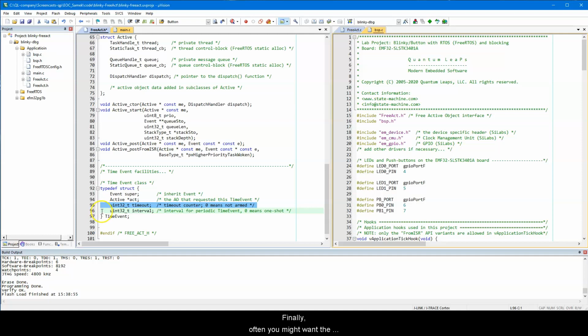ticking. Finally, often you might want the time event to be delivered periodically. This can be quite easily achieved by adding the interval member. This interval would be loaded to the timeout down counter when it reaches 0. That way, the time event will automatically arm itself and will keep ticking towards the next timeout. The interval value of 0 will then naturally correspond to a one-shot time event that would be automatically disarmed after expiring only once. The time event will have a few public operations,